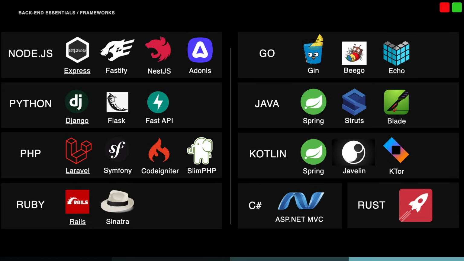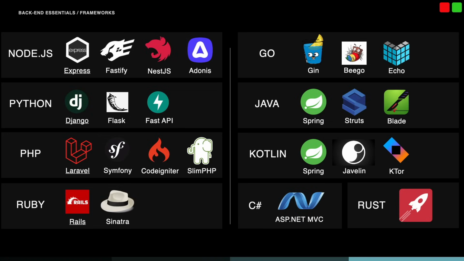What I mean by that is some have a very specific way of doing things, and how you set your folder and file structure up, things like that, the conventions you use in your code are really strict. Those are opinionated and usually high-level frameworks with a lot of abstraction. Then you have unopinionated frameworks, which are usually more minimalistic, and they don't give you much out of the box. However, you have the freedom to structure things and do things however you want, and they're typically easier to integrate